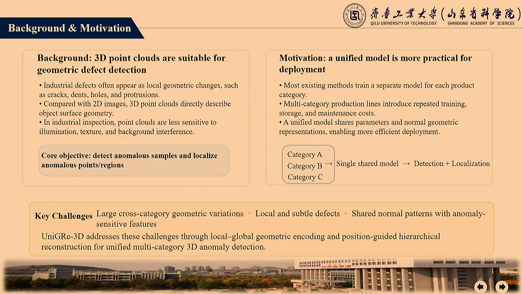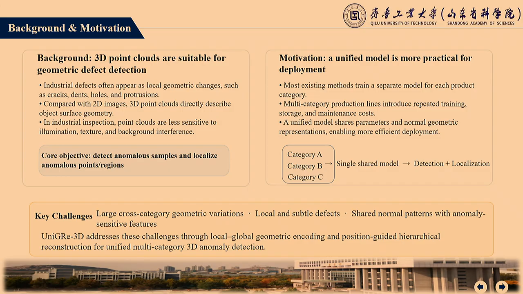Different product categories have large geometric variations, where anomalous regions are often very local and subtle. Therefore, the model needs to learn shared normal geometric patterns across different categories, while still remaining sensitive to fine-grained local